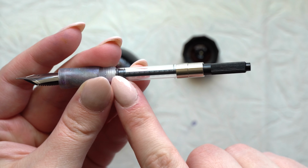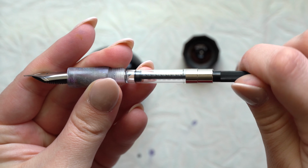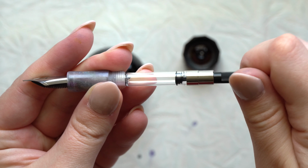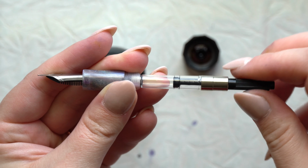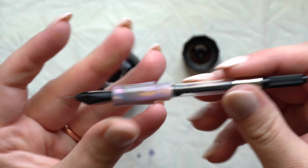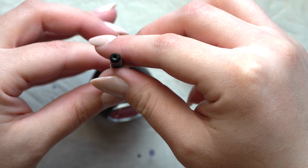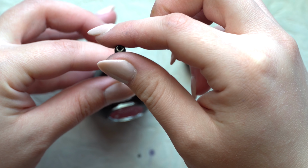So you want to start with your converter plunged all the way down, and then once you have your nib submerged, you're going to twist this all the way back up. And that's going to cause the capillary reaction to pull the ink into the pen. So I'm going to just dip it in, and it does fit in the very narrow neck of the bottle